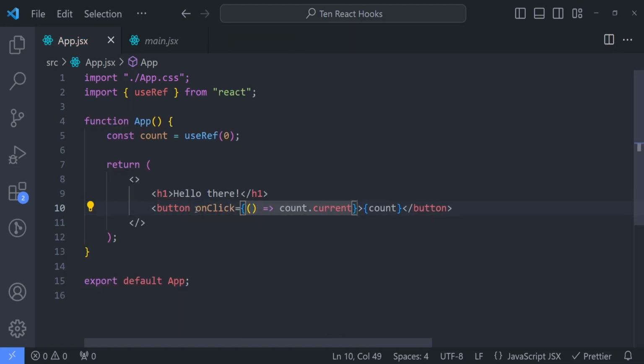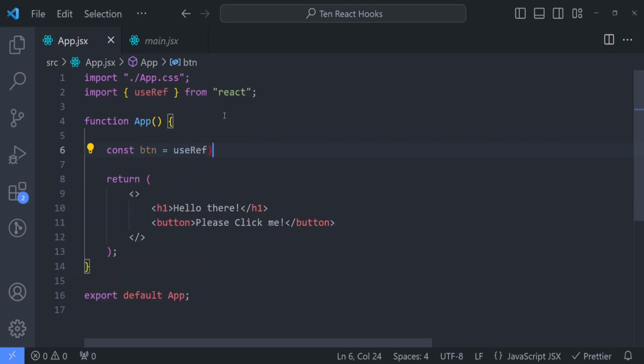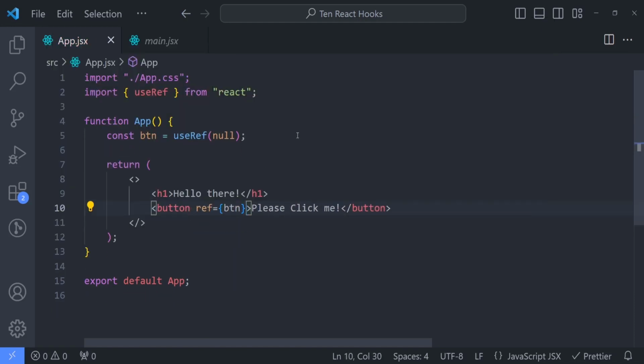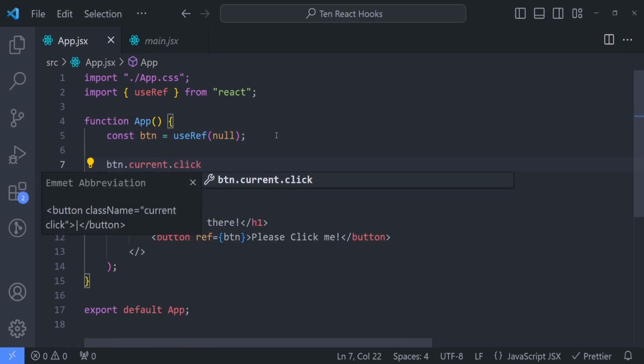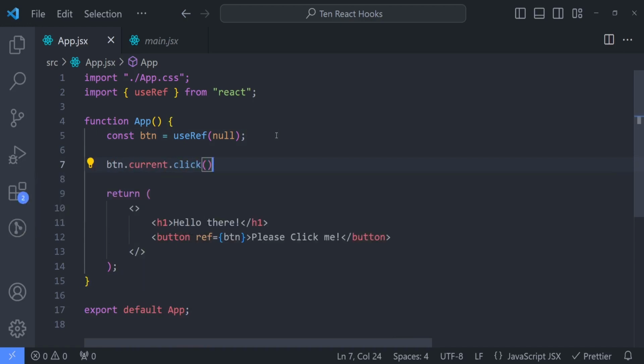A common use case for the useRef hook is to get the reference to a DOM element. You can set the initial value to null and then pass in the ref attribute. You can now use this to manipulate the DOM, like programmatically changing the background color like how I did it here. You might find a use case for caching the result of a function, in which case you can use